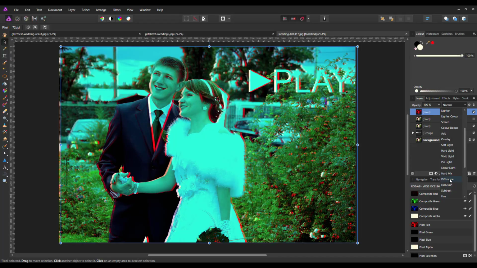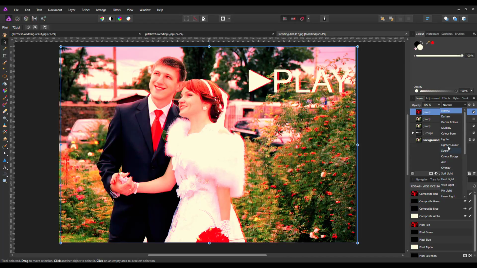So depending on what you want and your personal preferences, you could try a different blend mode, but I'm going to stick with lighten, and then I am just going to lower the opacity down to about 50%, just so you can see that red shifted over to the right. So I'm happy with that,